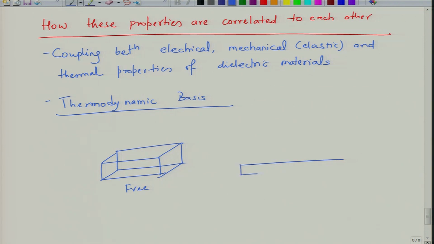But let us say you have a material in this form. You have a substrate, let us say silicon. On the silicon I have put a layer of, let us say, zinc oxide. Now this becomes a constrained medium, because the strain in the thin film is going to arise as a result of clamping with the substrate, because they are atomically bonded with respect to each other. So when you apply an electric field, the strains in the free case are all free strains, whereas the strains generated in this case are going to be determined by boundary conditions, how the material is clamped with respect to the substrate.